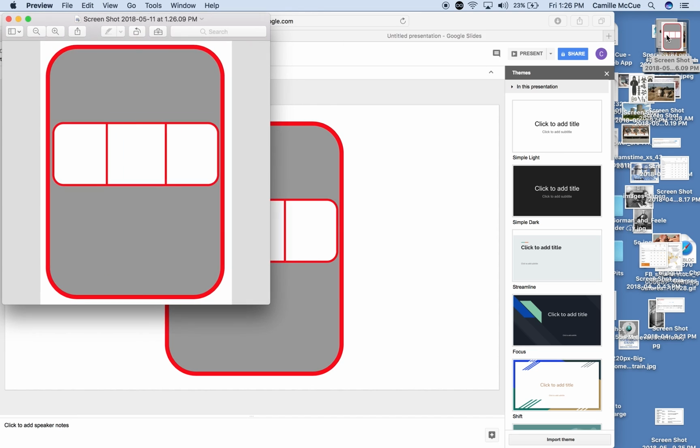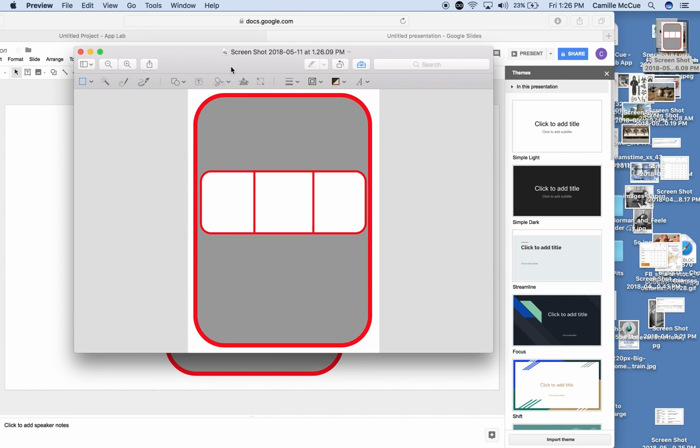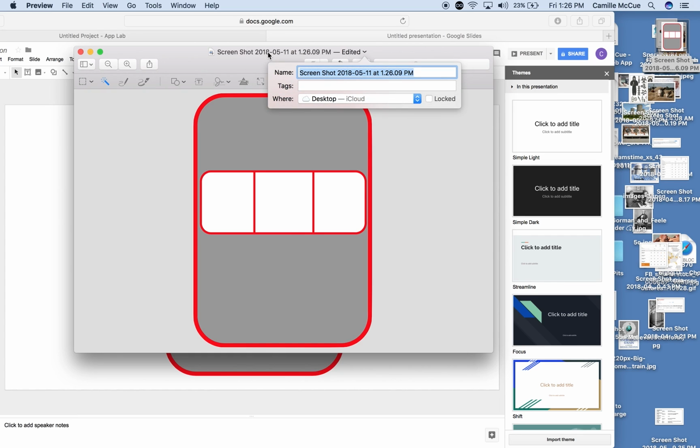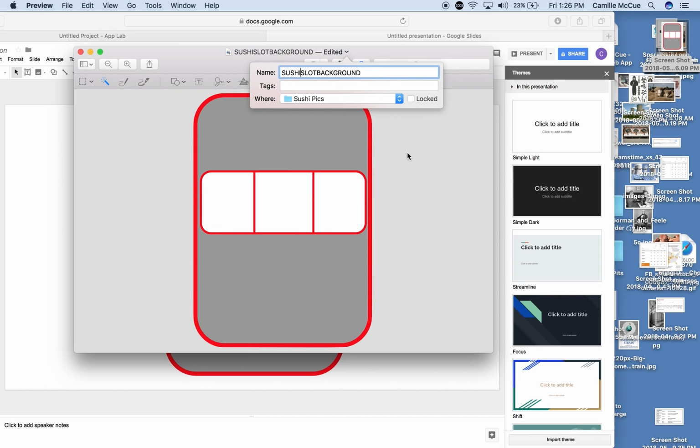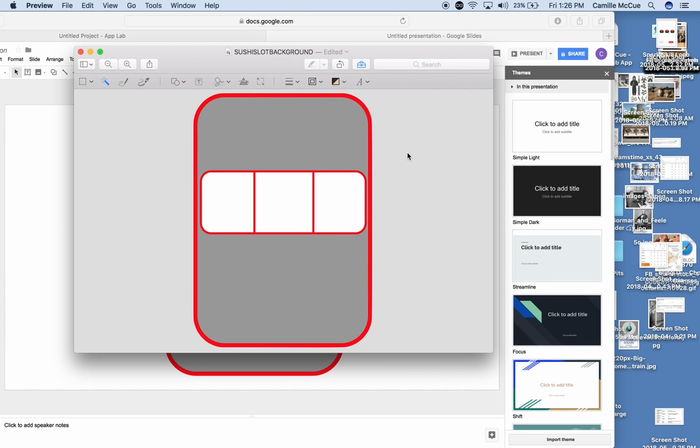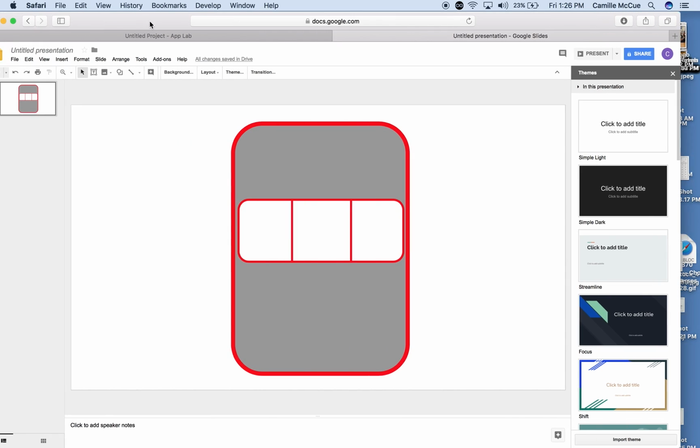What I may do is just open this up in Preview, grab my little magic wand and take that outer edge off, cut it, and then save it as a sushi slot background. I'm going to take the spaces out just because it doesn't like to see those spaces. I'm going to put it into that nice little folder with my sushi pick so I remember where I stuck it. Let's save that. Okay, go back over to App Lab,